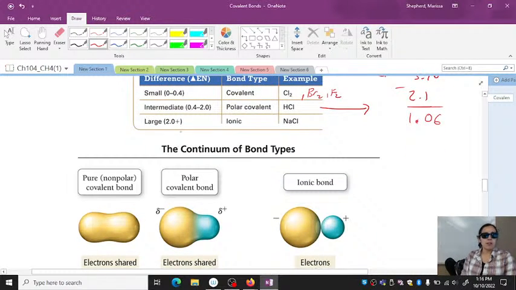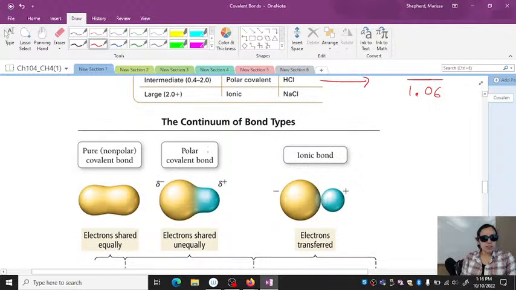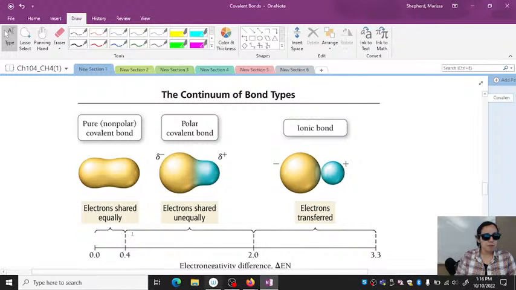And then once you have a large enough difference, like sodium chloride, if it's greater than 2, that means it's an ionic bond, so completely separate. It's kind of considered a spectrum too. There are some long bonds where people can debate, are they really bonds, that sort of thing. So there are always fun things to discuss in the research area of chemistry and bonding.